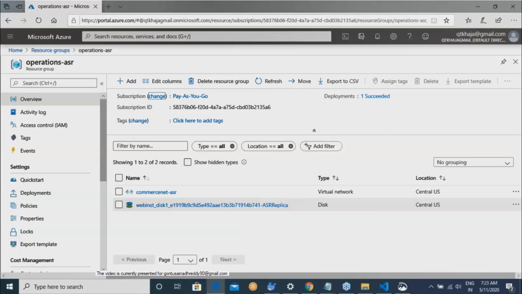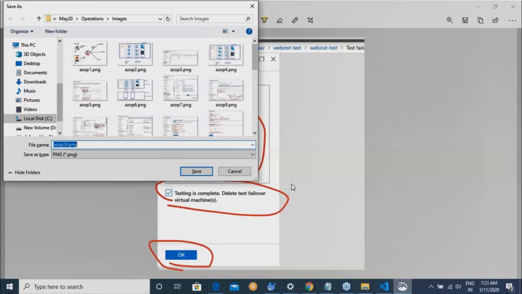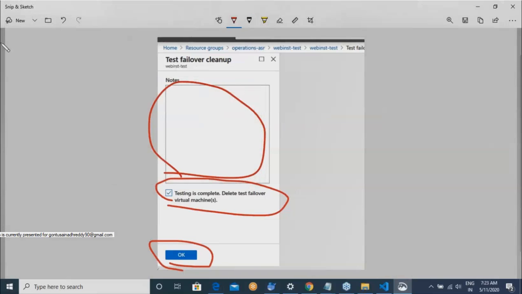That is typically, even in the worst case, 1 to 2 minutes. So no matter how big your server is, if you set up the replication, you will have a max time where your application or your VM is not working for a couple of minutes in the case of disaster. That's how it is going to work. A test failover, as the name suggests, is the same thing, right?